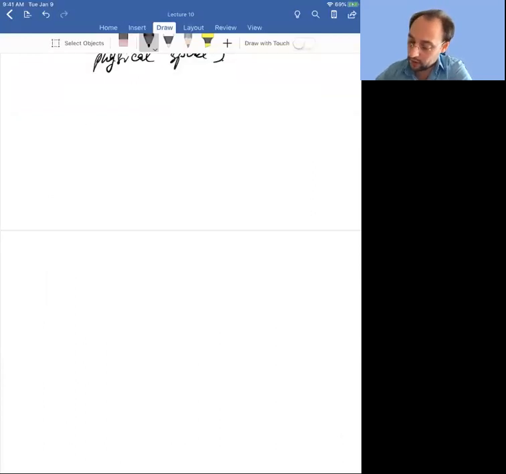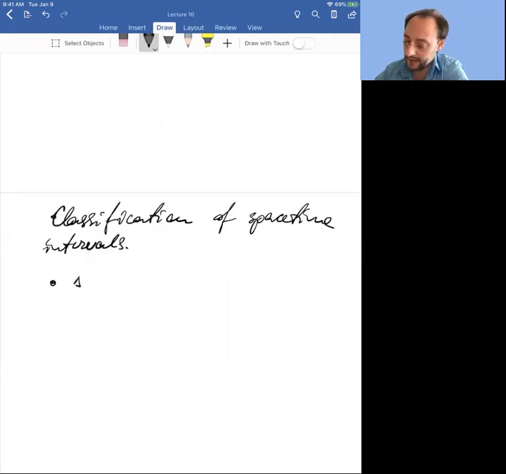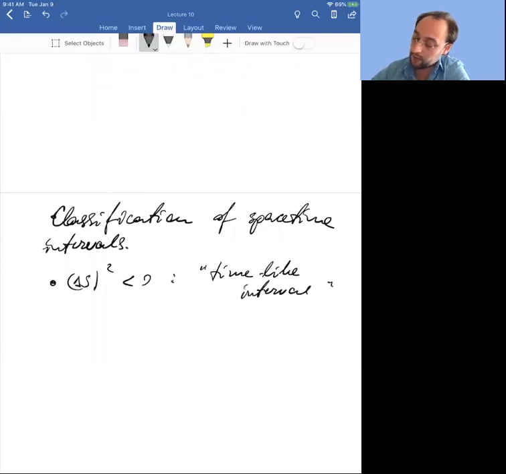So, classification of space-time intervals. Why do we need to classify? Well, since the value of the interval remains invariant, its sign must be invariant too. So therefore, space-time intervals come in three varieties. If delta S squared is less than 0, this is called a time-like interval. Now, why time-like? Well, remember